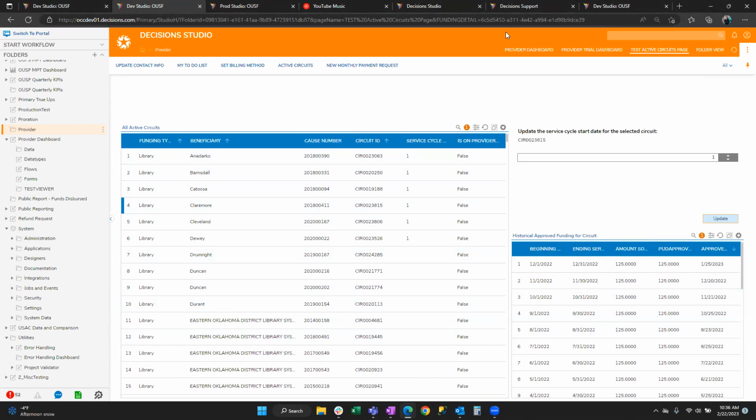So the folder or the ID here at the end, that's changing and then this is updating. So that's updating that form, but then we needed to update on the report as well. And so if I go to another page, so I'm on this one, this is the ID ending